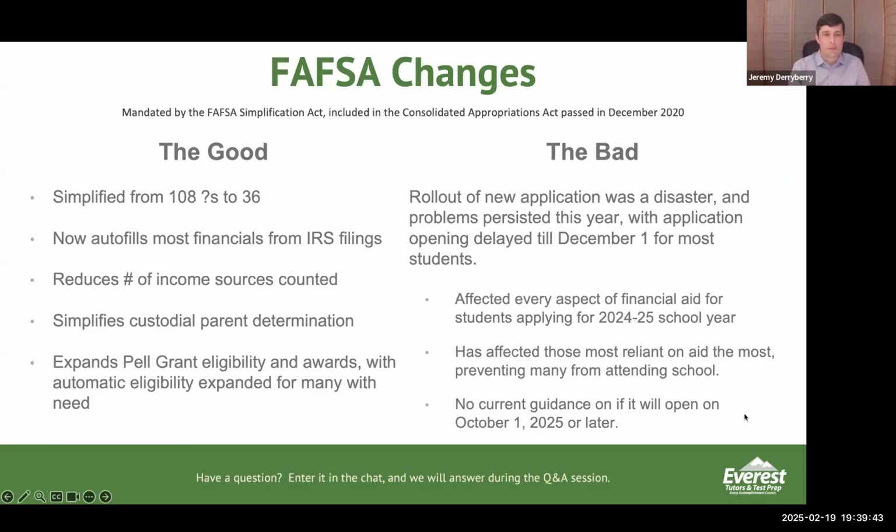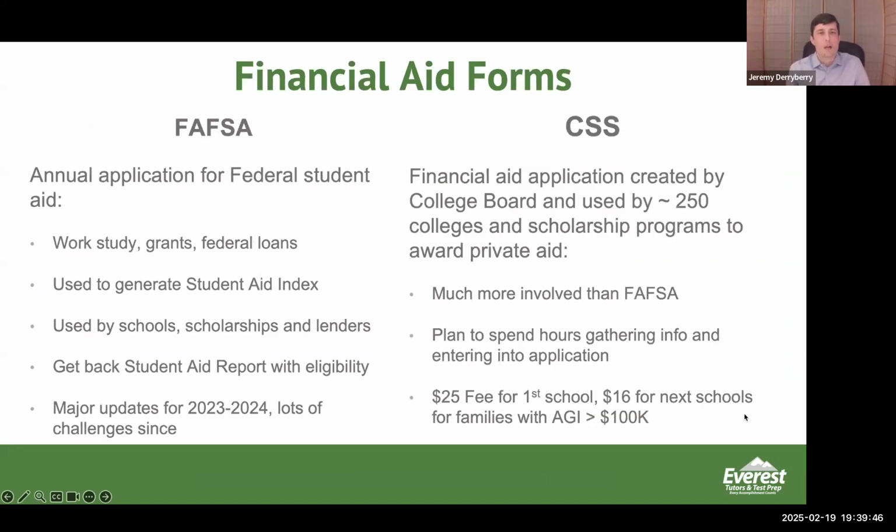So financial aid is the next thing that we want to cover. As you're going into this process, you're going to run into two types of forms. The most common that everyone is really going to want to fill out is the FAFSA. This is the Federal Application for Free Student Aid. You're going to have to fill it out every year, as a senior once you've started applying, and then every year once your kid is attending.